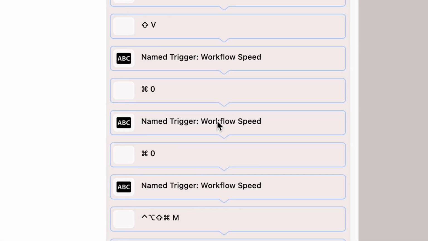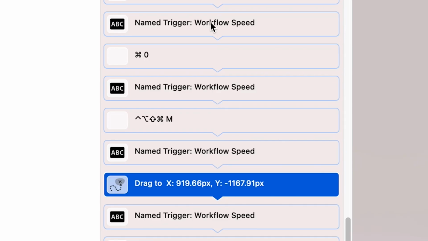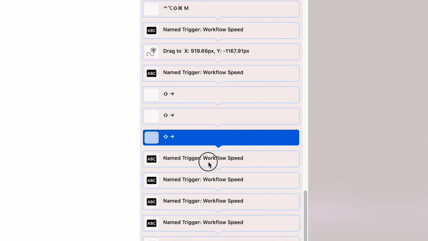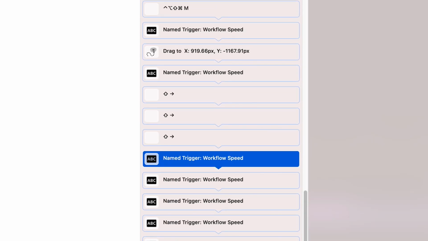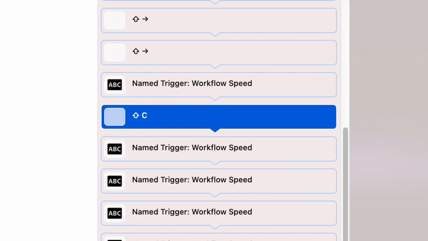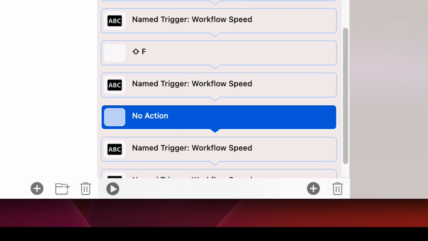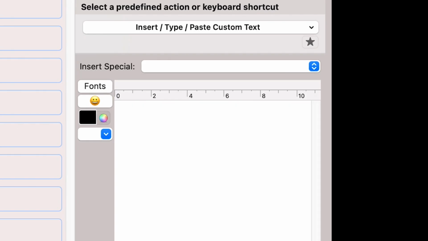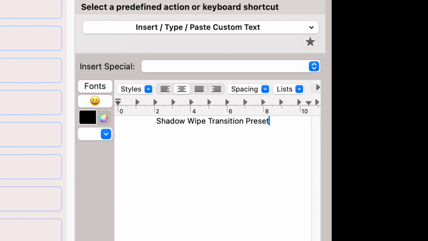Add 2 more Command plus 0 shortcut actions to activate this newly created track again and Command Option Control Shift plus M to minimize all tracks. Don't worry, we're almost done. Add 3 Shift plus right arrow key shortcut actions to move the playhead to the right, Shift plus C, Shift plus F, and the action Insert Type Paste Custom Text with Shadow Wipe Transition preset written into the text field